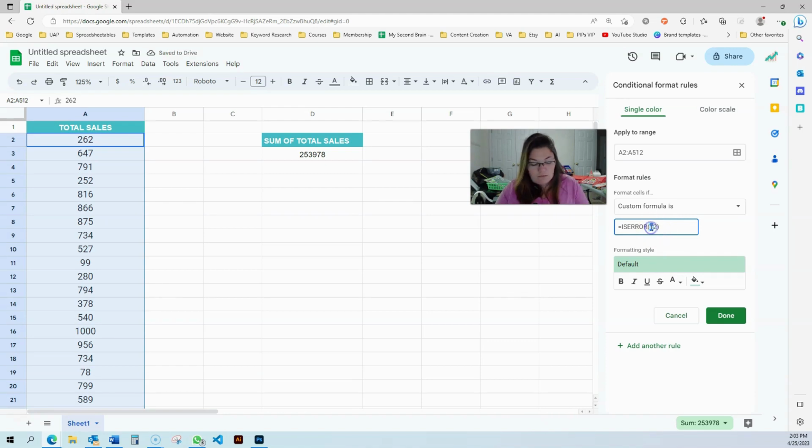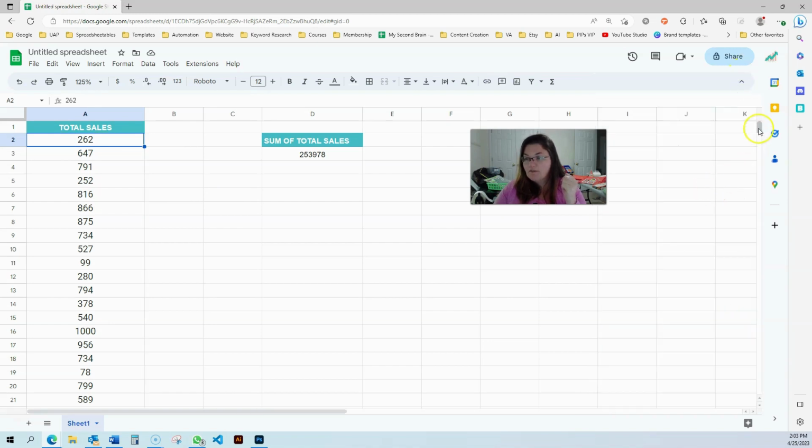I entered A2 because that's my top left cell with data that I want to check. If your data starts over here, then it would be like C6, right? So this will be the top left one, and then you just click OK,